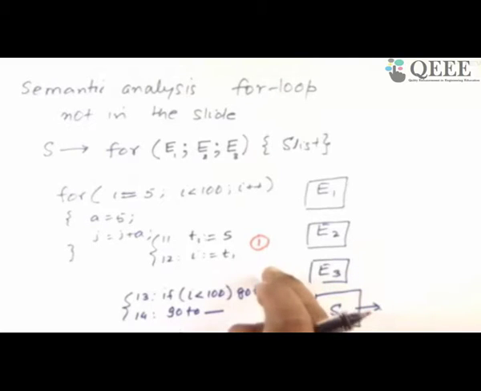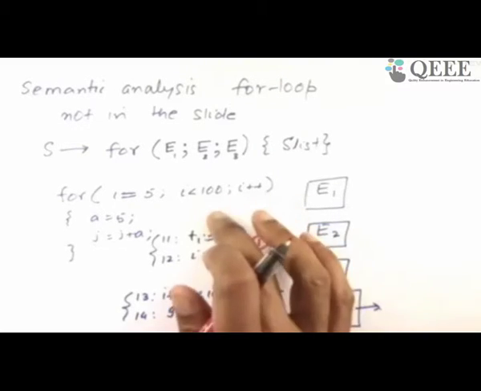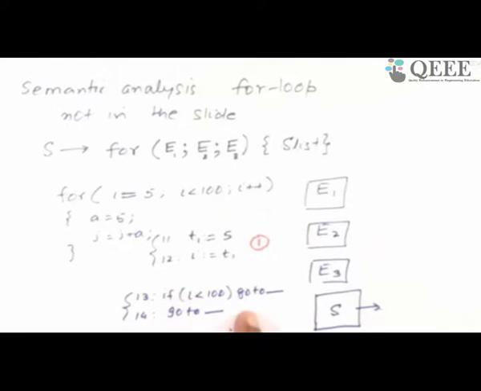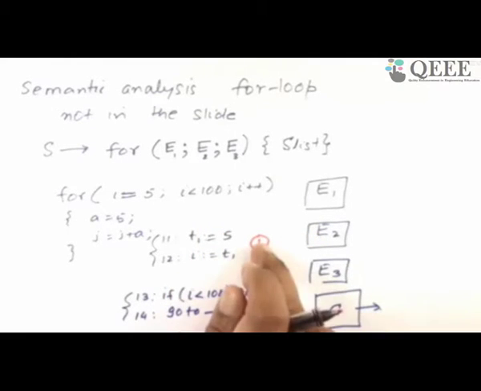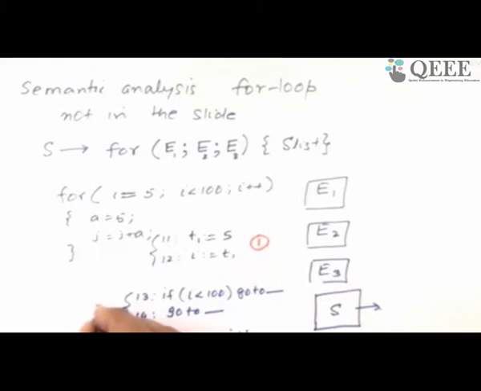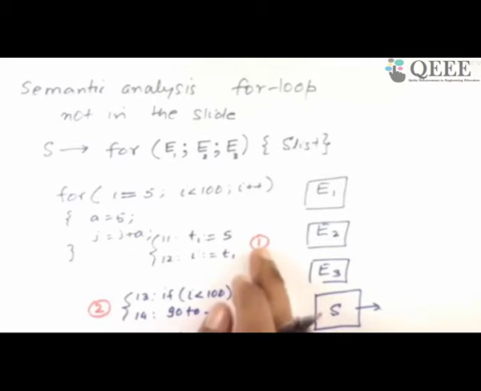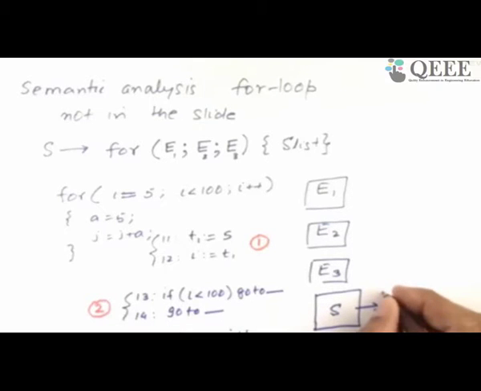After evaluating E1, you want to make sure that before I enter the loop the condition is satisfied. So after evaluating 1, I will evaluate 2. I'll check whether the value of I is less than or equal to the last value or not, which I don't really care about now. If E2 is true, then I will go and enter the body of S, which is 3. Okay, I enter and do the body.